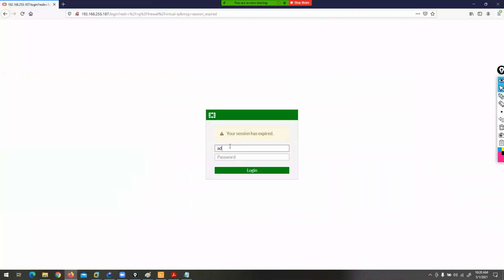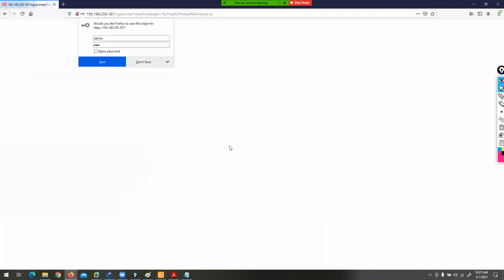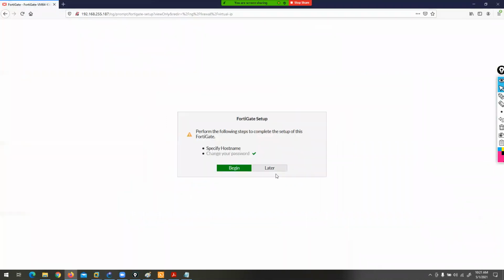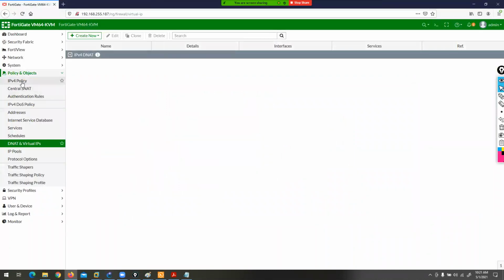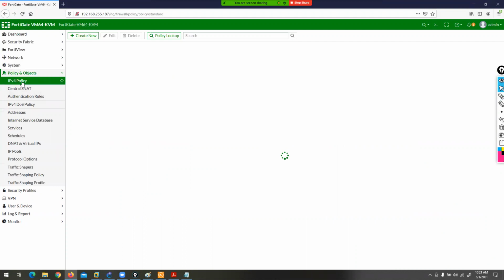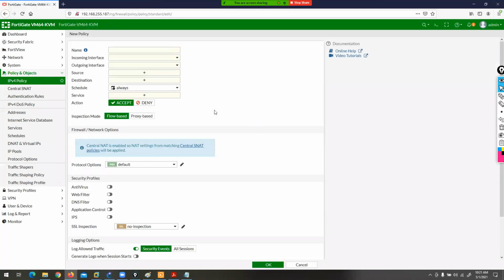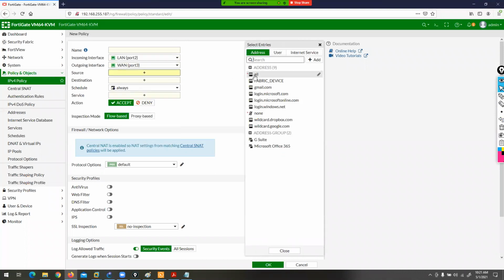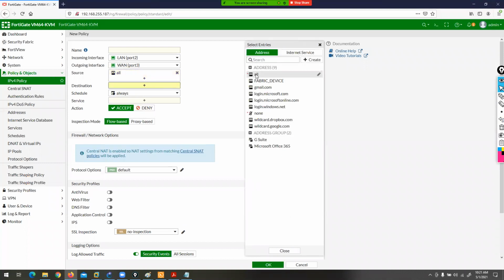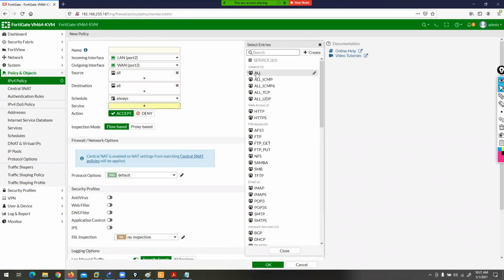If you log in to this page, remember, guys, if we want to create a firewall policy, you can click on Create New, and now you can define your incoming interface, outgoing interface, source, destination, and services.